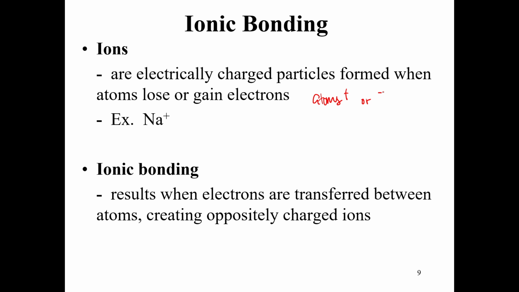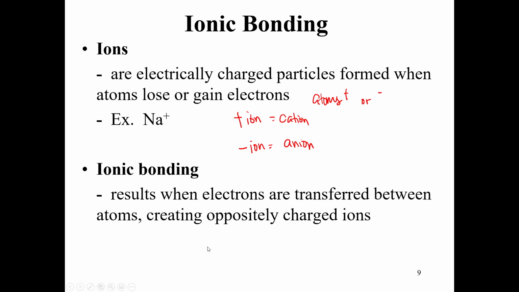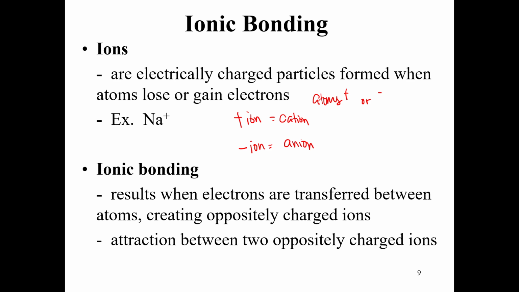Next is ionic bonding. Ionic bonding results when electrons are transferred between atoms, creating oppositely charged ions. Okay, so it usually occurs when a positively charged ion bonds with a negatively charged ion. Please take note that a positively charged ion is called your cation, and your negatively charged ion is your anion. So a good example of ionic bonding is